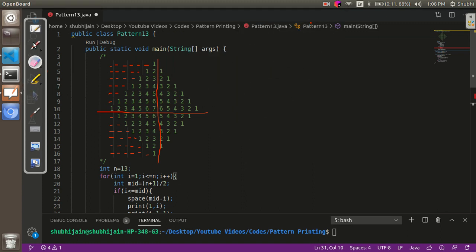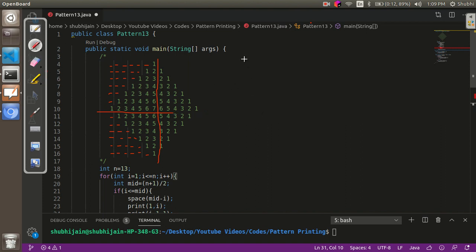Now over here one thing is common, that for ascending and descending, the starting number in the descending portion is 1 less than the ending element of the ascending portion. So if we calculate for any one of them, the second can be easily drawn from it. So now let's see for the ascending part.